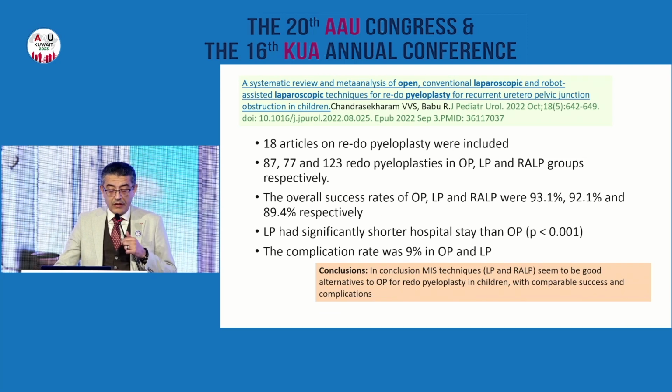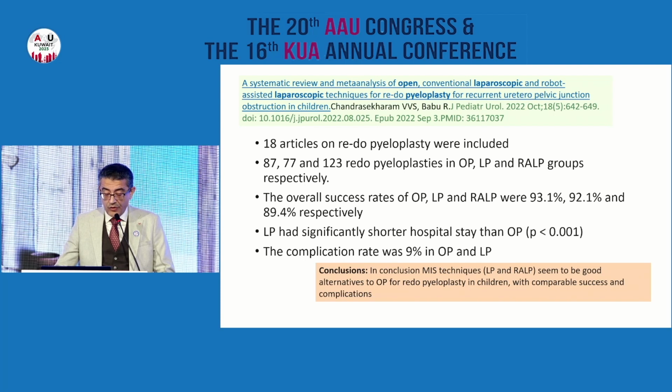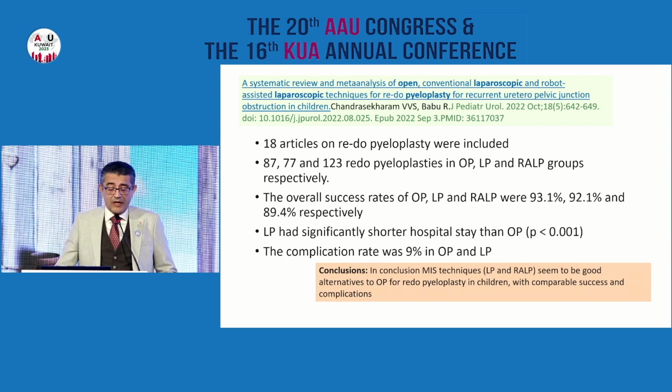When we look at this systematic review and meta-analysis for open versus laparoscopic and robotic, it included 18 articles, including 87, 77 and 123 redo pyeloplasties submitted to open, laparoscopic, and robotic surgery. The overall success was comparable, but the laparoscopic had a significantly shorter hospital stay than the open surgery, and the complication rate of both open and laparoscopy was 9%, with the conclusion that the minimally invasive techniques seem to be a good alternative to open surgery for redo pyeloplasty in children with comparable success